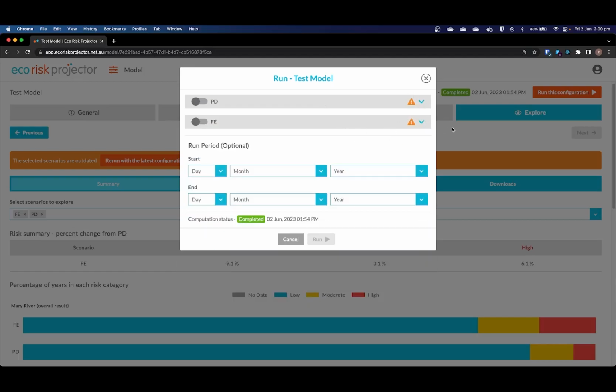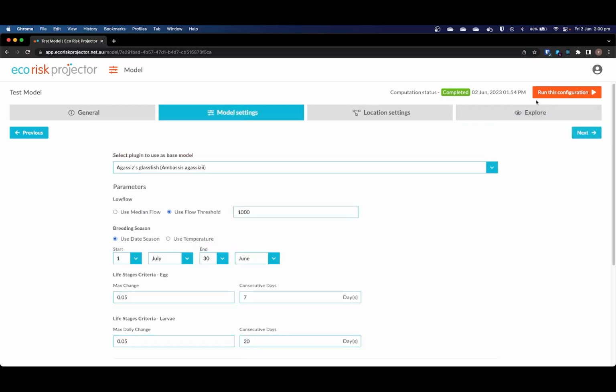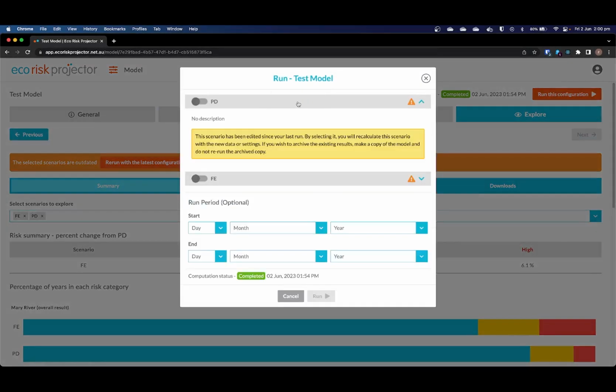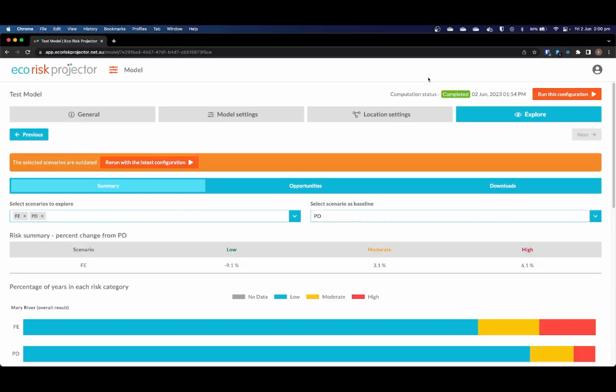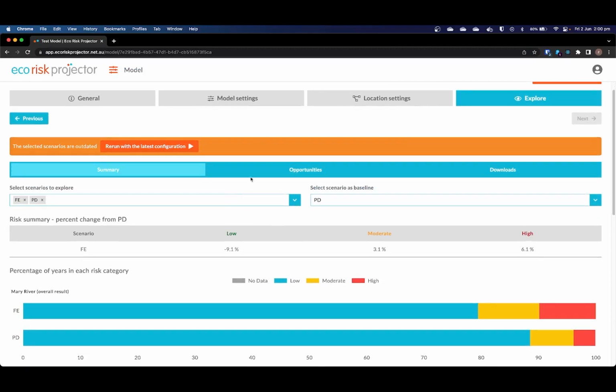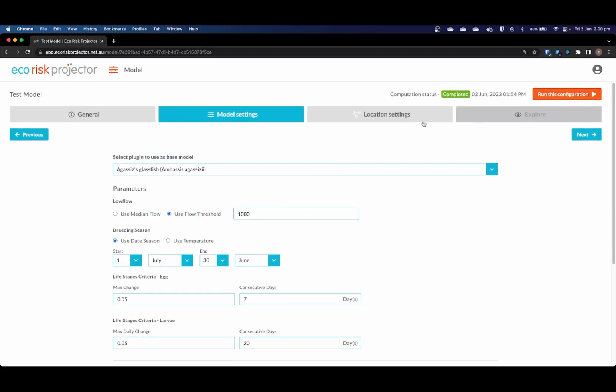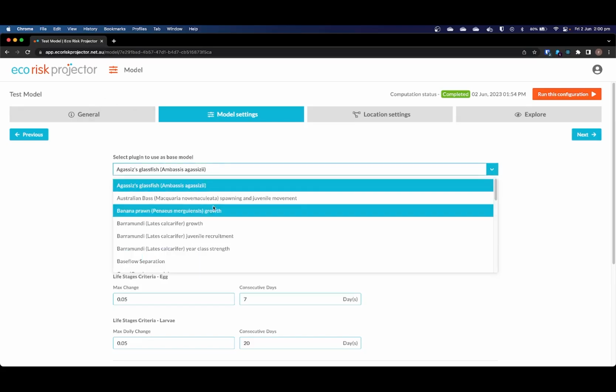The reason both of these have an issue is because I've actually changed the model itself, which applies to all scenarios. If I went and changed the data in just one scenario, it would only be that scenario that has been changed. And this is just so that you know, basically, hey, these results don't necessarily reflect the current settings. For example, if I run this again, it would be a very different result, or potentially a very different result depending on what the medium flow is and how close it is to 1,000. So yeah, we've got version control, and you can see if something's potentially out of date and if you should run it again. Now, if I was to select a different plugin,